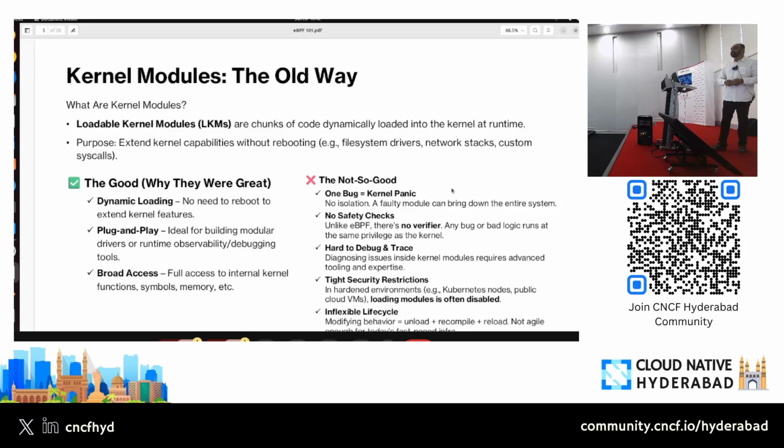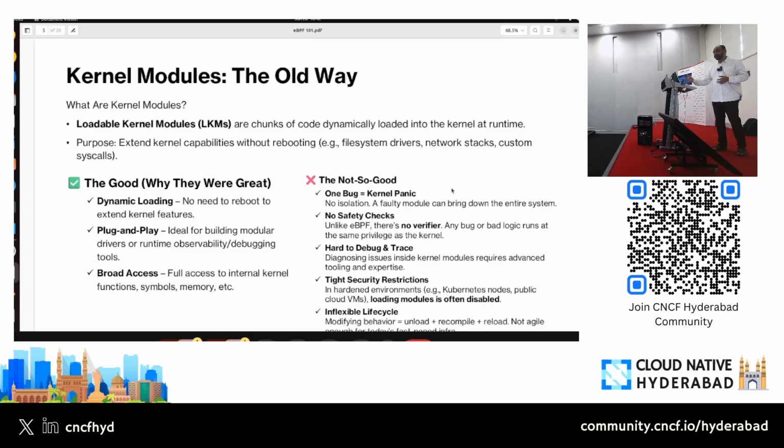Of course, not everything is doom and gloom. There is a concept called Linux kernel modules, also called loadable kernel modules. This is a way where, without breaking your heads, you can do small developments and extend the capabilities of your kernel without making a major upgrade, right?